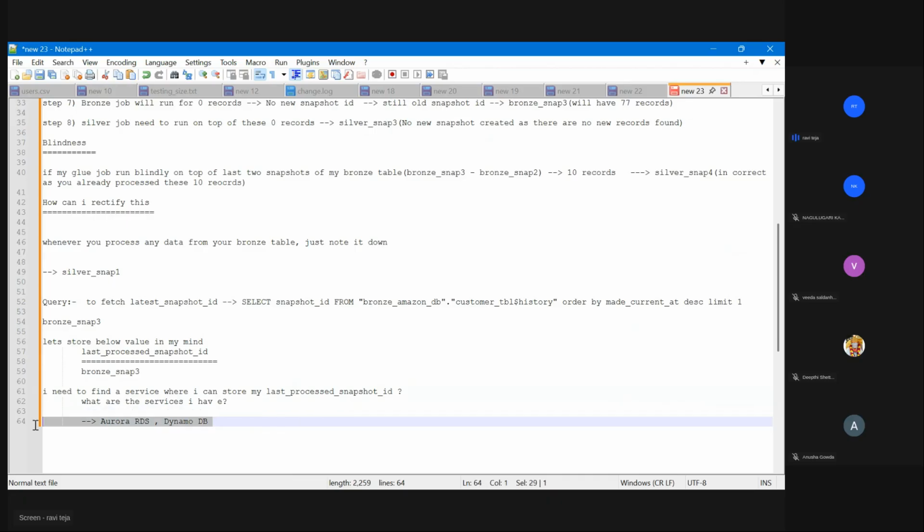I mean, there are many things. I'm not going to discuss all of them and confuse you; let's keep it simple. You have two options here. Either use RDS. RDS is a relational table, so you may know how to do it from here.